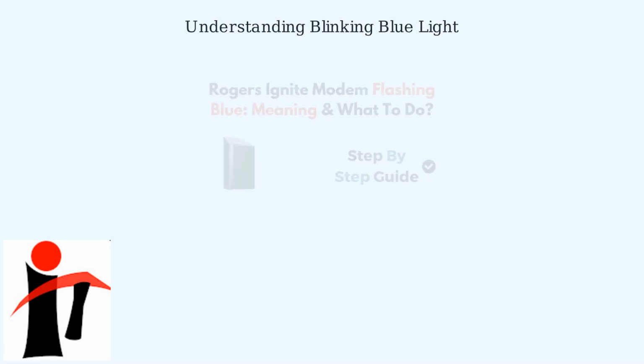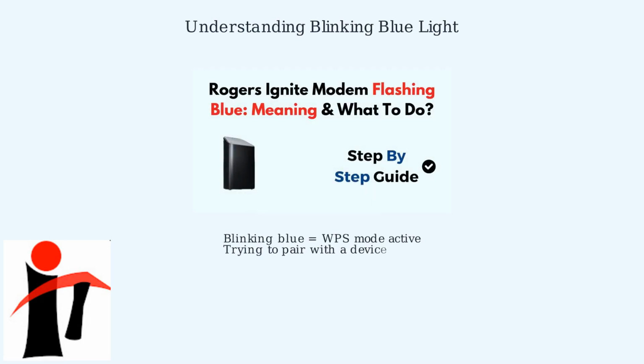Having a blinking blue light on your Rogers Ignite or Xfinity modem usually indicates that it's in WPS mode, attempting to pair with a device. If you didn't initiate this, or the pairing is stuck, it means there's an issue. First, try to cancel the WPS mode by pressing and holding the WPS button on your modem for 5 to